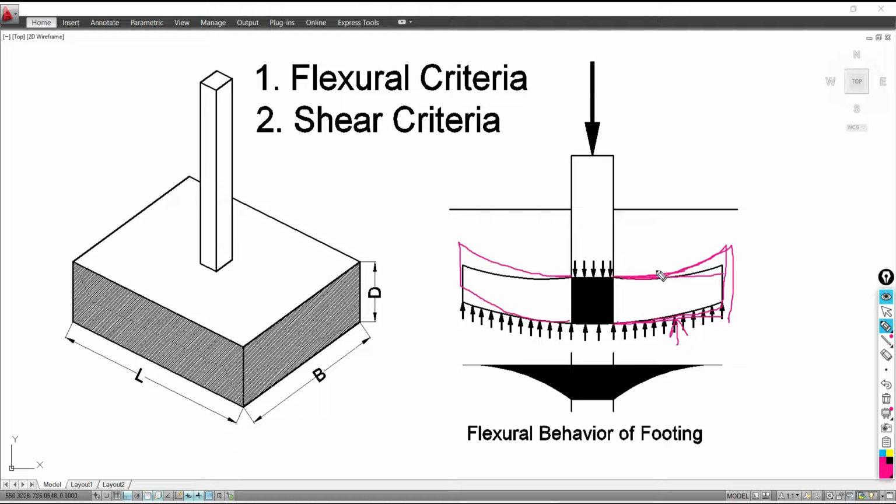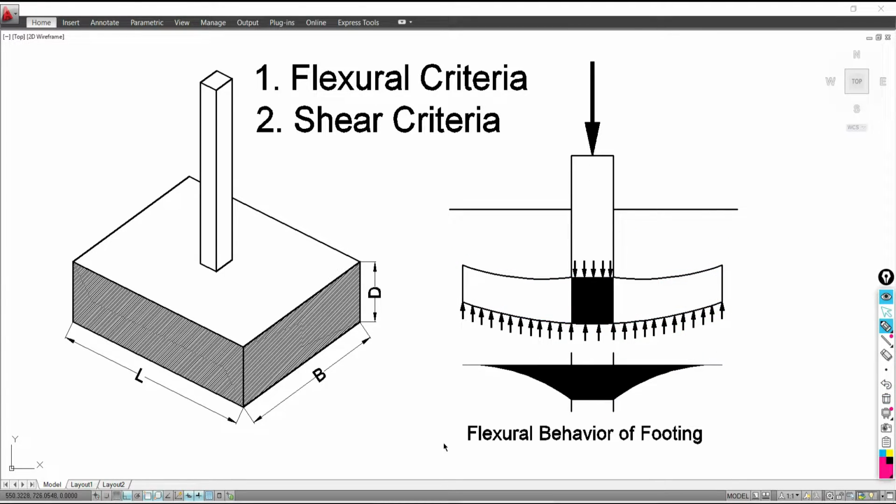Okay, so deformation of this concrete footing slab under the application of the upward soil pressure, we are going to call it the flexural behavior of this footing. And due to this bending, a greater bending moment is going to be developed at the face of this column. At the face of this column, there is a development of huge bending moment as a result of this upward soil pressure over the base of your footing. And we need to find out against the moment how much depth of the footing is required at the face of this column. So how to find out the moment, how to find out the depth against the flexure, all things we need to calculate.